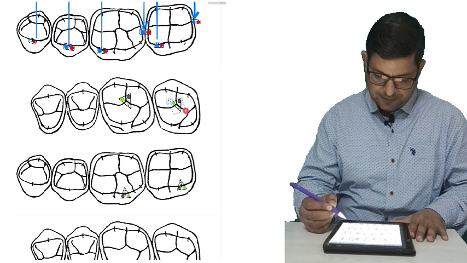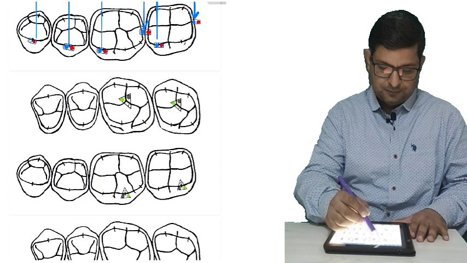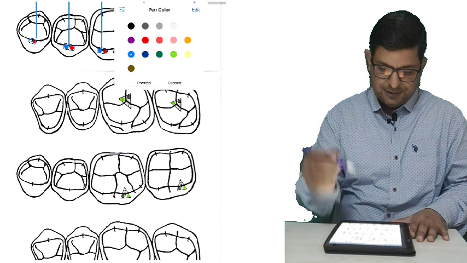I'll explain it this way. Now I'll show it in red marks.